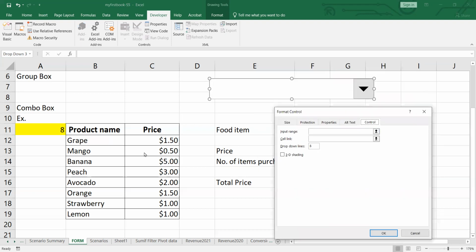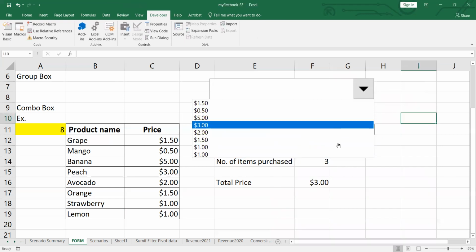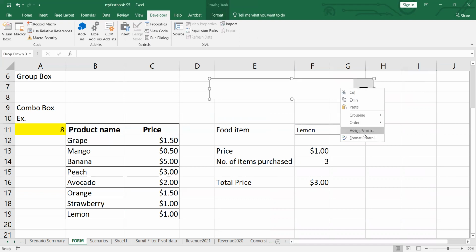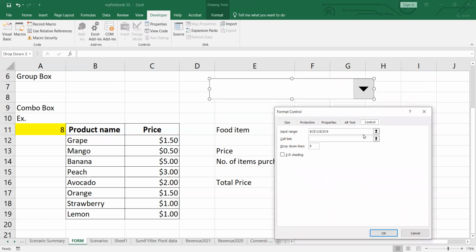We just choose the input range to be the range of data that you want to display. If I choose wrongly and choose price, it will display price instead of product name. This is wrong. So I just go back, right click, and choose format control once again. Input range, I change it to be product name. While cell link is a cell that we use to link outside this table